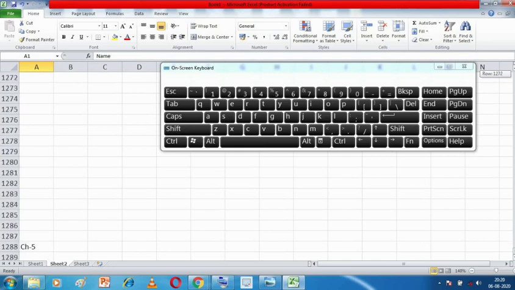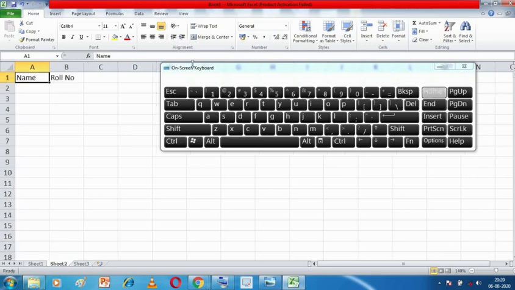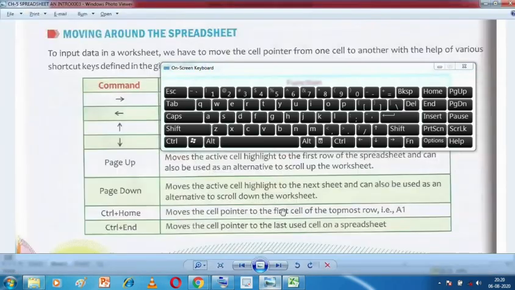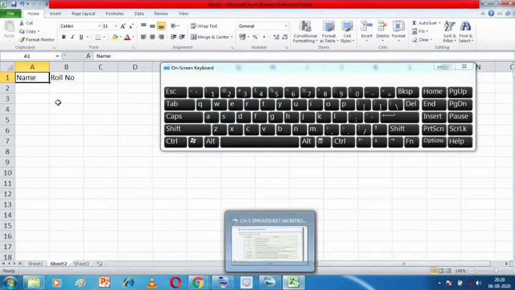See, 1288, over here we were, right? As soon as I press Control plus Home, I went to the first cell, that is A1, the topmost cell. So if you are anywhere in the worksheet and you want to go directly to your first cell, you will press Control plus Home. This is the use of Control plus Home.